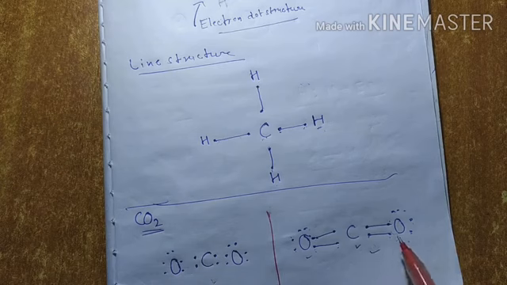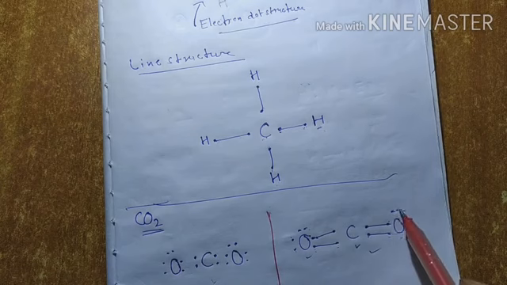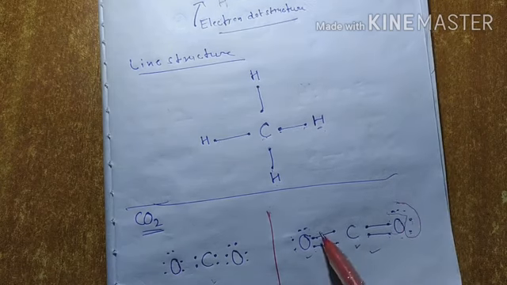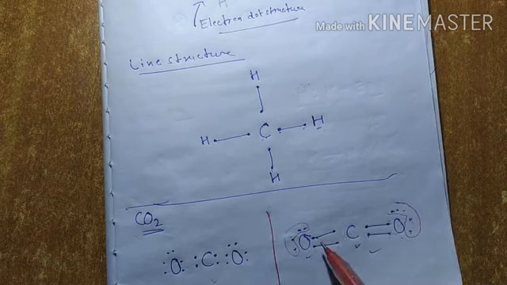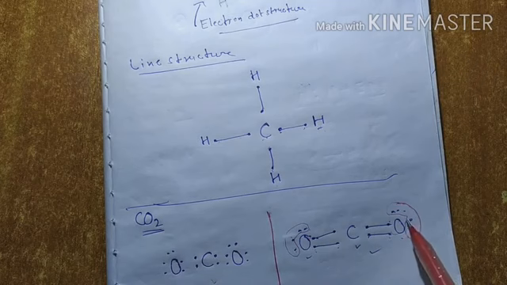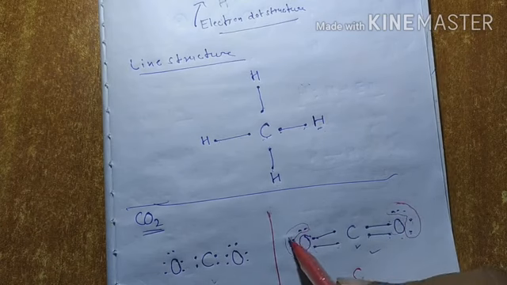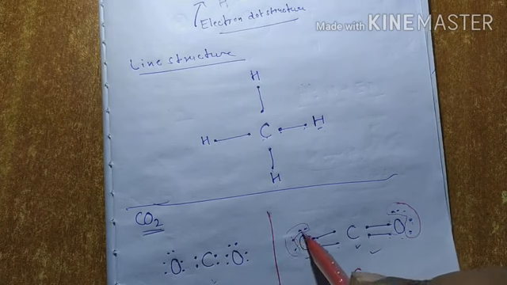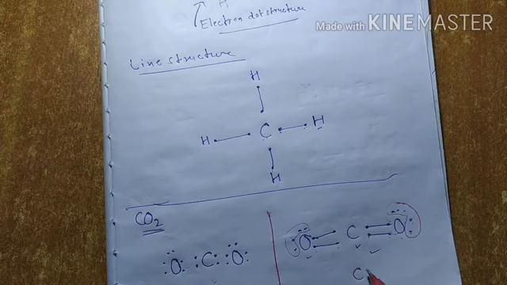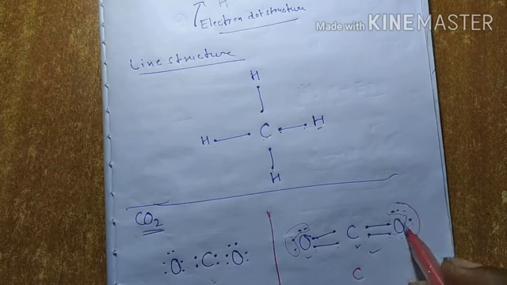So students, listen. If you make a line structure, there are 1, 2, 3, 4 electrons shown as dots. We showed the electrons with the help of dots. But in case of line structure, there is no need to show these dots. Simply we can show it like this, but the electrons will be hidden. It means you have to understand that there are 4 electrons. So for line structure, no need to draw or show these electrons here.